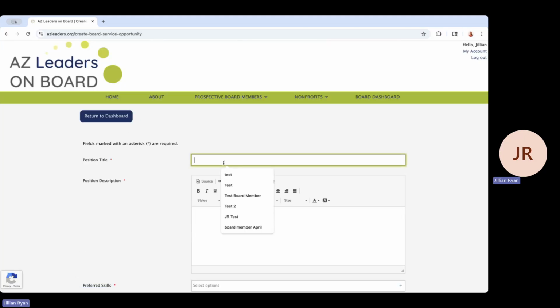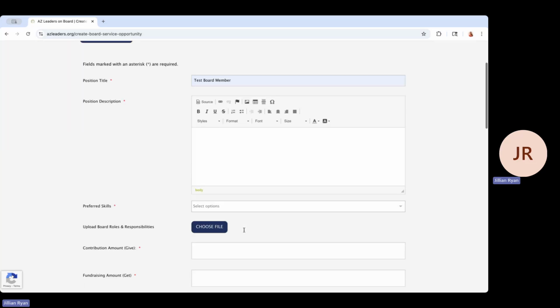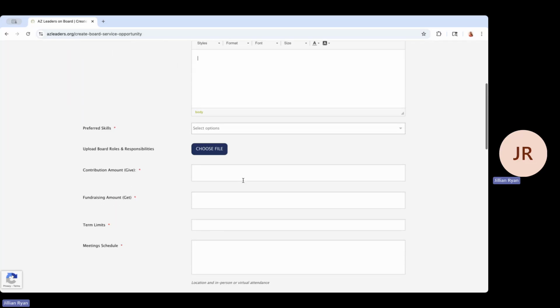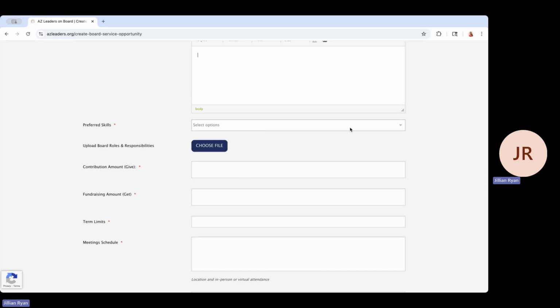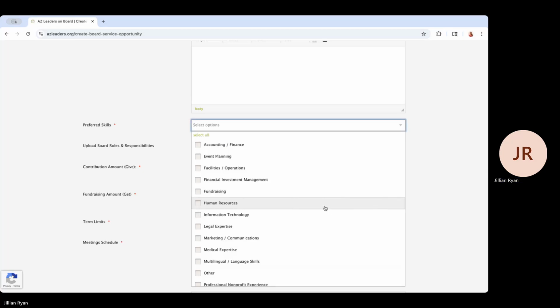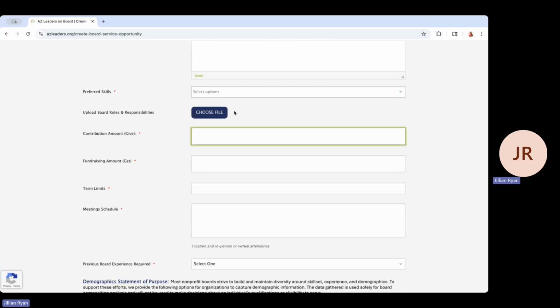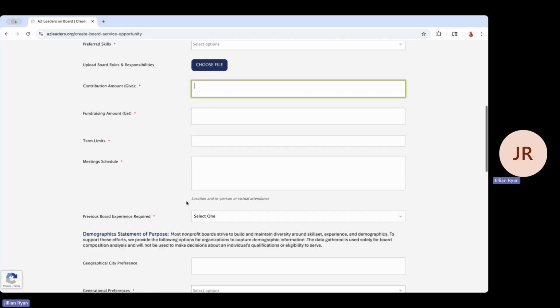and complete all of these fields here. You can just go through and fill it all out based on what you're looking for. There are a lot of options to select. If you need somebody who maybe has fundraising experience or legal experience, you're able to put that in your board opportunity. You'll also have an area where you can upload the roles and responsibilities, provide the give and get